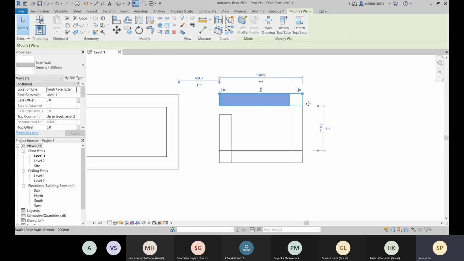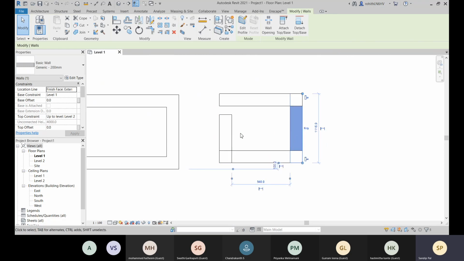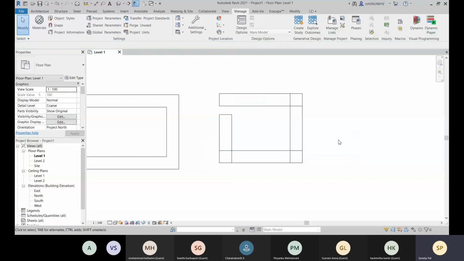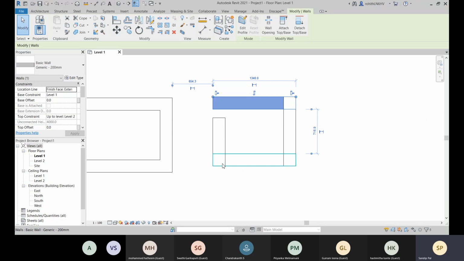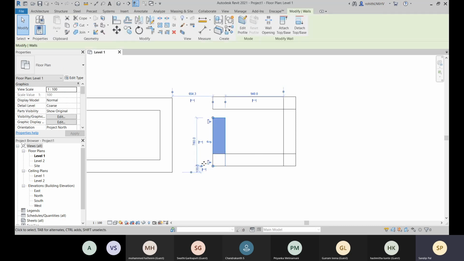Now here you can see that this is a separate wall segment. You disallowed the join. So now, how can you allow the join again? If you have disallowed some parts and now you want to allow join for this part, what to do?